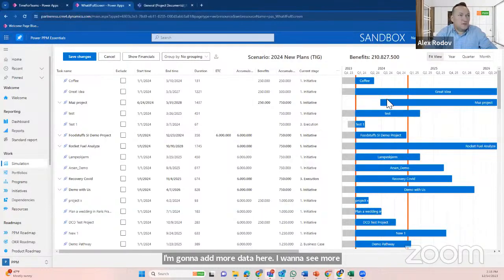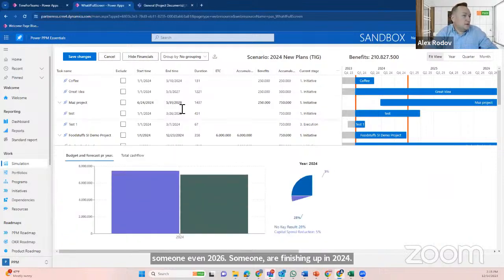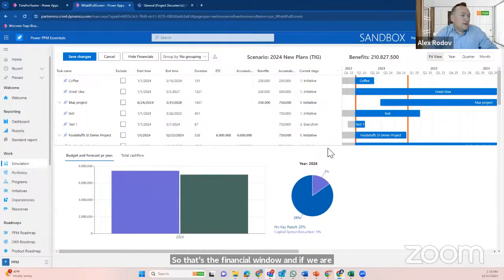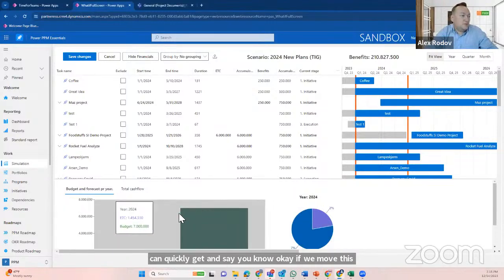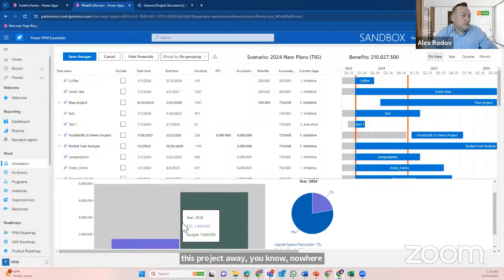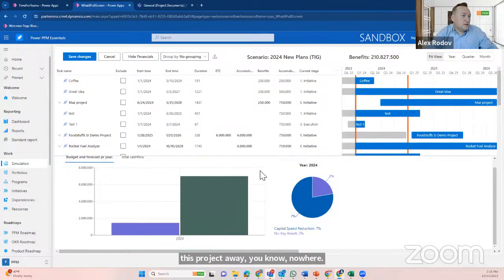So let's just say we are simulating some of the 2024 scenarios where we're including some projects, and you can see some of these are spilling over to 2025, some even 2026. Some are finishing up in 2024. So that's the financial window. And if we are trying to run this from the financial perspective, we can quickly say, if we move this project away, now we're reducing the budget that we're playing with to a certain degree. So we can quickly get to